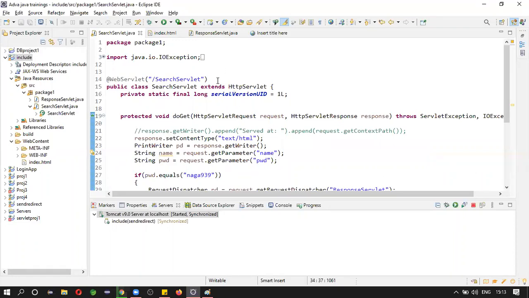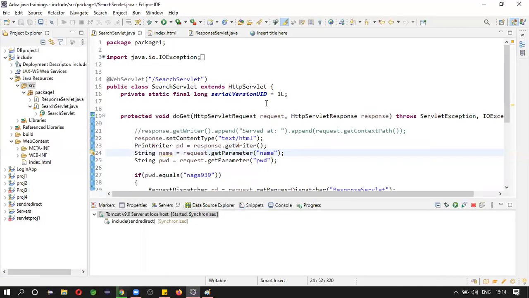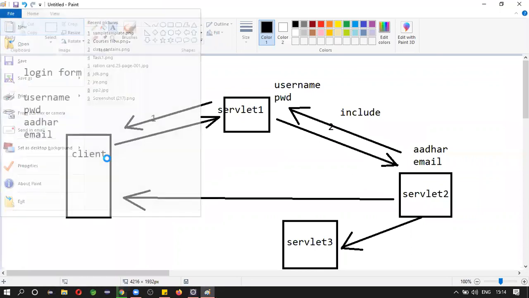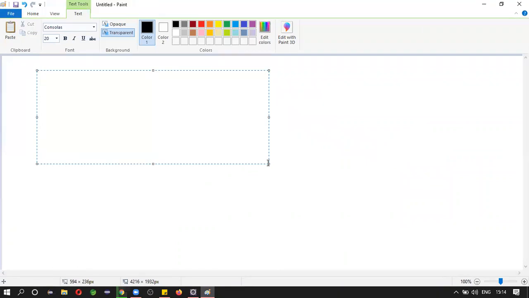You may create the database connection in one class. Before that, I will give some tasks to you. As of now, I created one login page, login.html.